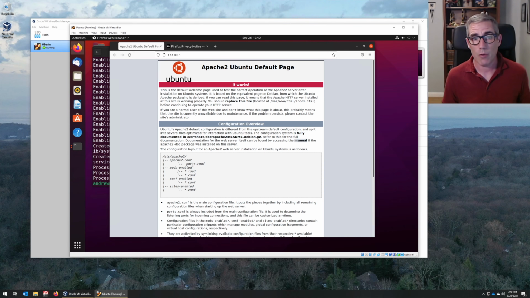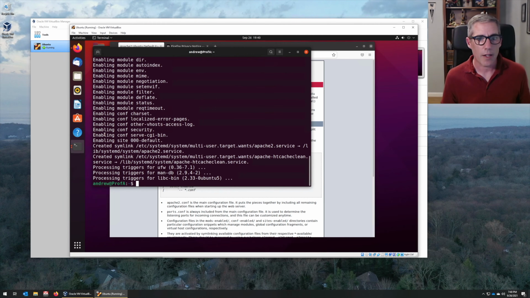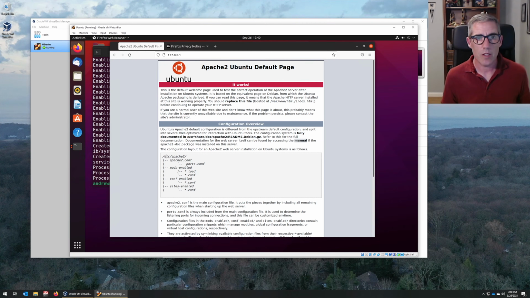So if we go to the main configuration file, it will reference ports.conf. It is used to determine the listening ports for incoming connections. Again, port 80 is what it's listening on right now. This file can be customized. So let's do that. We want to go to /etc/apache2, and then we'll take a look at what's